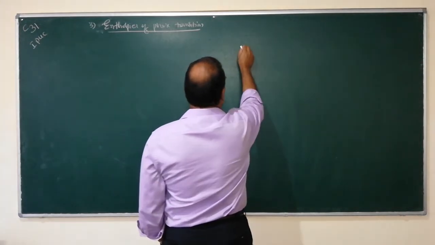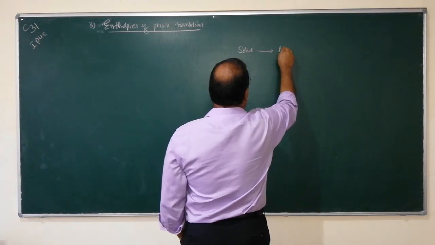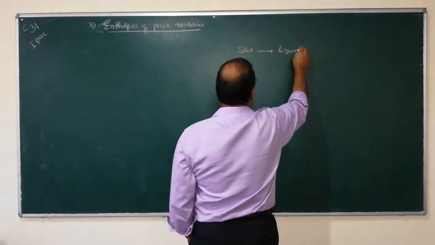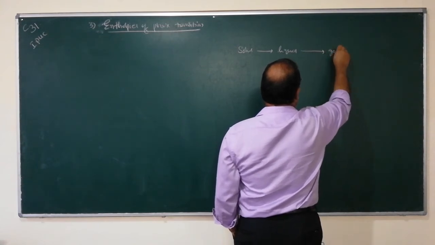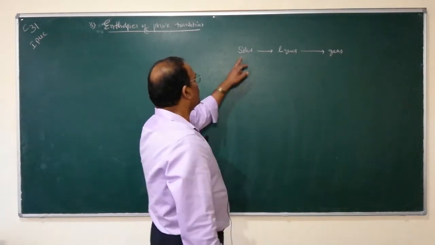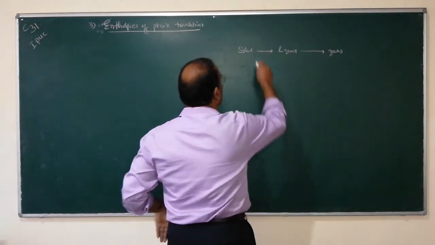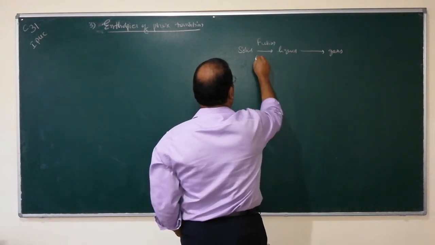So for example, solid phase is converted into liquid phase, and liquid phase is converted into gaseous phase. So conversion of solid into liquid is called fusion. It is also called as